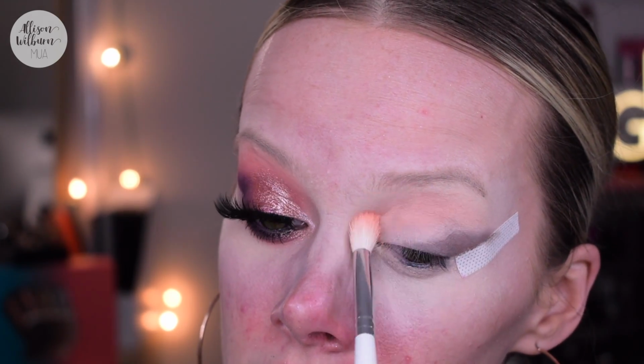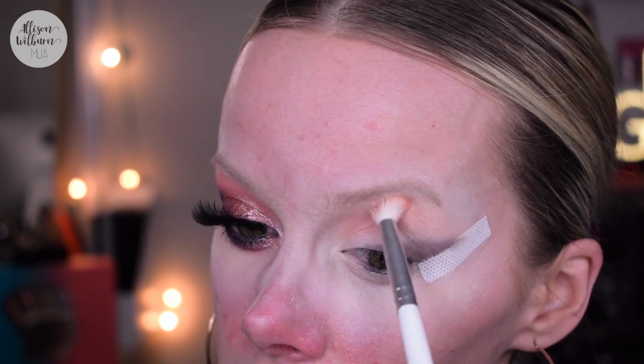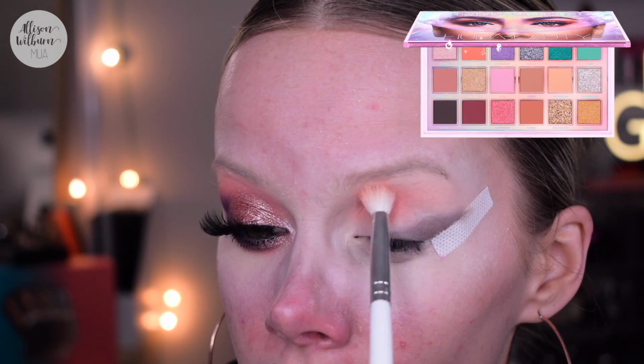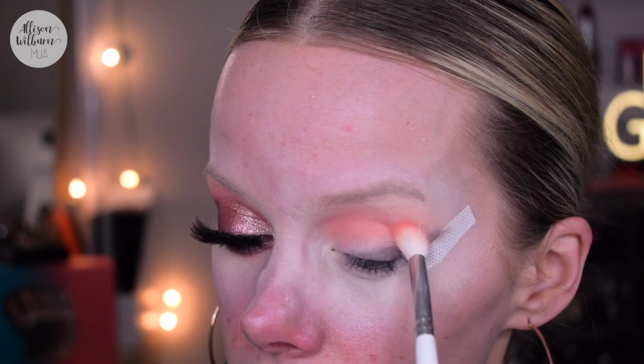So I'm just going to start off by laying this all the way across my crease, kind of higher up. And this just ensures we get a really flawless blend. But I'm not going to take this all over the lid, just here up top. And then I'm going to go into the shade Utopia, which is the bright kind of corally shade in this palette. And I'm going to start pressing this a little deeper in my crease and then blending it in towards the inner corner as well as towards the outer